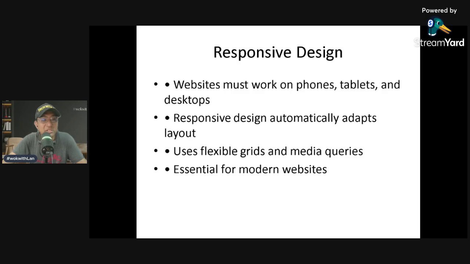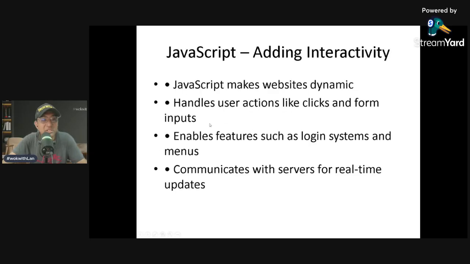Now, let's add interactivity to our website. All right. So, interactivity will be handled by JavaScript. JavaScript is the programming language that makes websites dynamic, interactive and engaging with the user. Without JavaScript, websites would be static pages. So it will add dynamism and make the websites look dynamic.